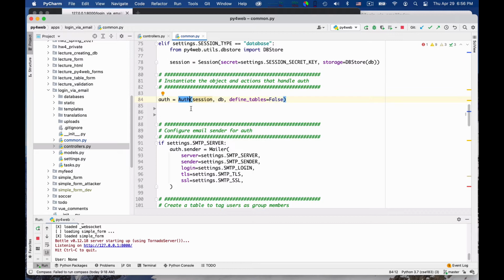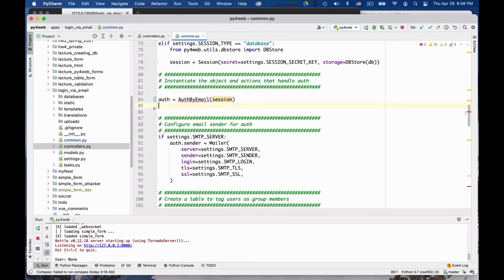And I'm going to call it auth without password. Or actually auth by email, simply by email. We use the session, we use the database, and do we use the database? No, I'm not sure we do actually. We don't even use the database.